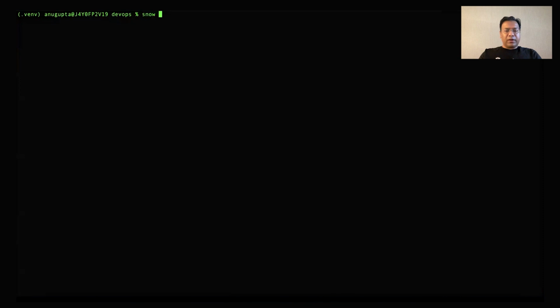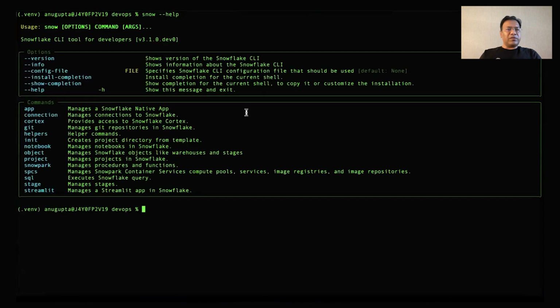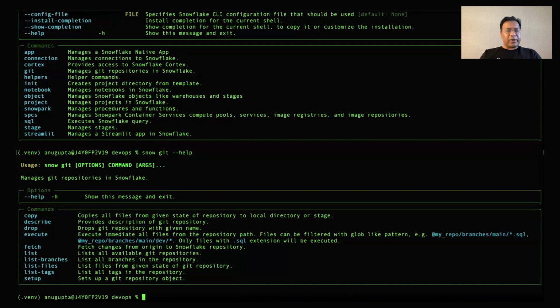As part of it, we provide a lot of new commands for you. So you're able to manage your native apps, you're able to manage Cortex functions, and you can also manage Snowpark and Snowflake projects also. One of the commands which we will show in a little more detail in this one is the Git command, which allows you to not only manage Git integrations from your remote repo into Snowflake, but it also allows you to execute these files using the remote repo,